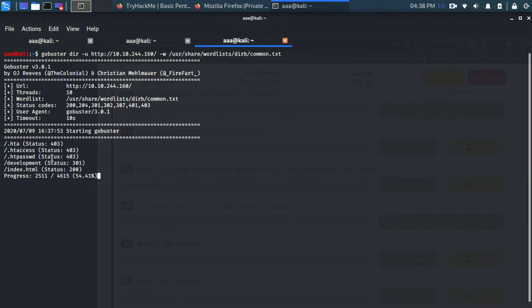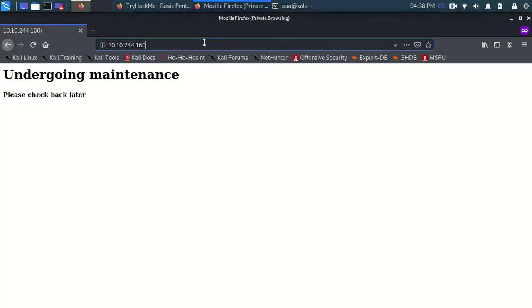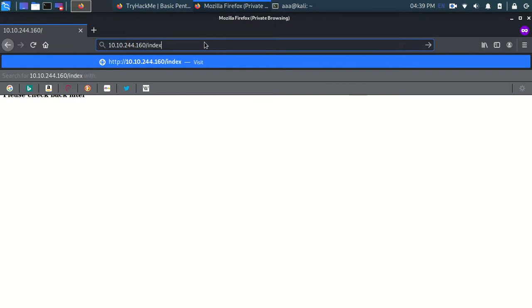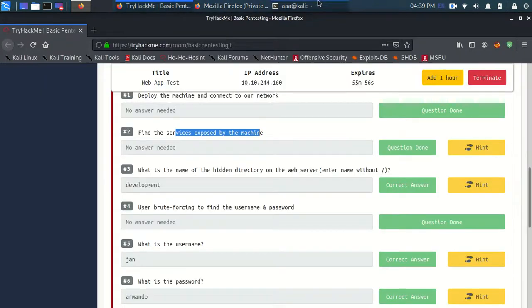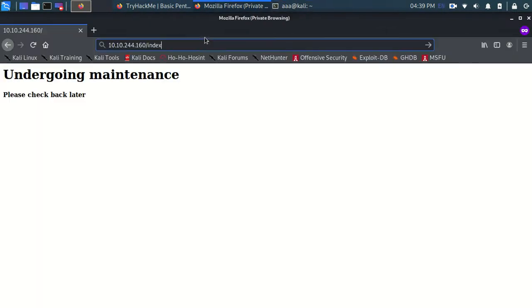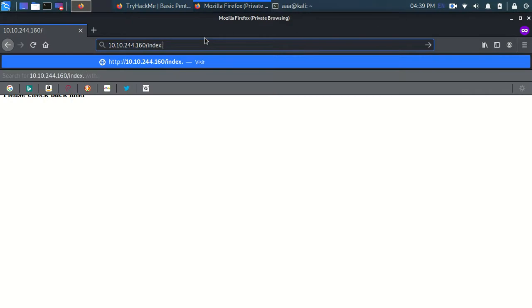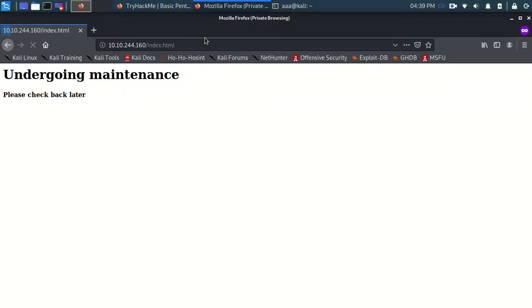So let's start. There is this /development, which is giving a status code of 301. Status code 200 means it's okay and it's loading. So this is status code 200 actually. I'll just type index.html. I get this same page.